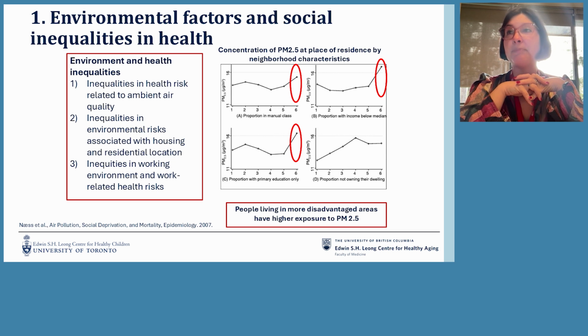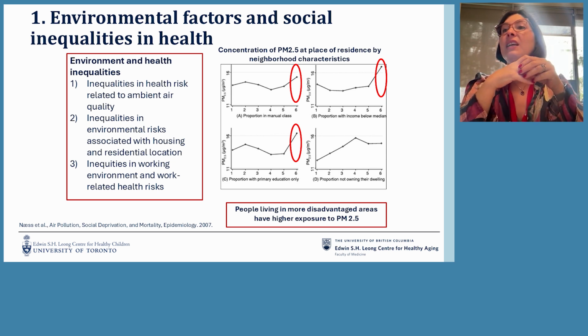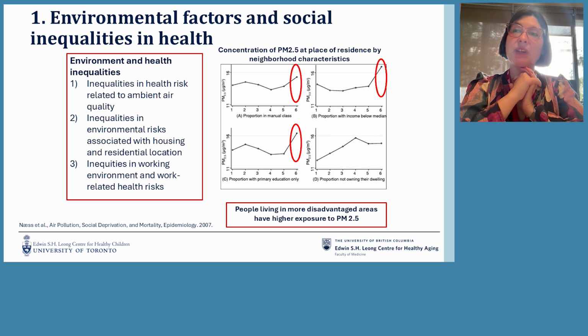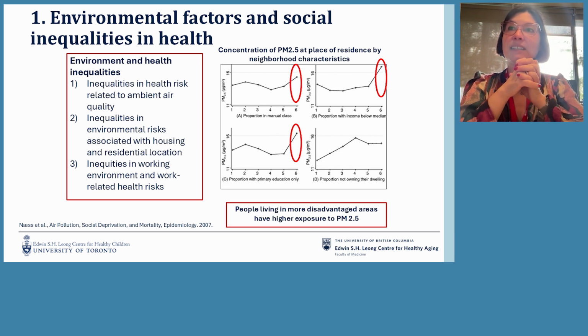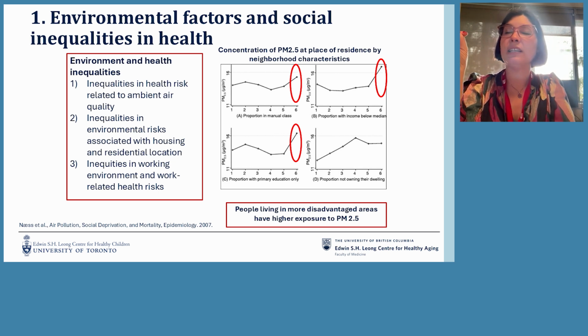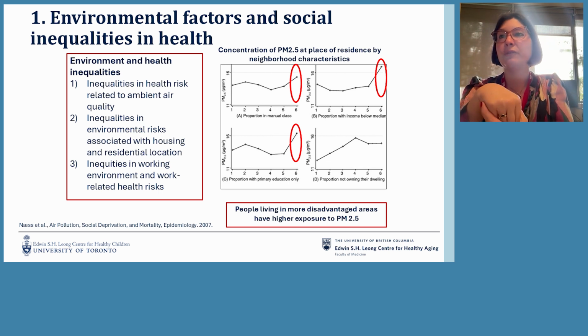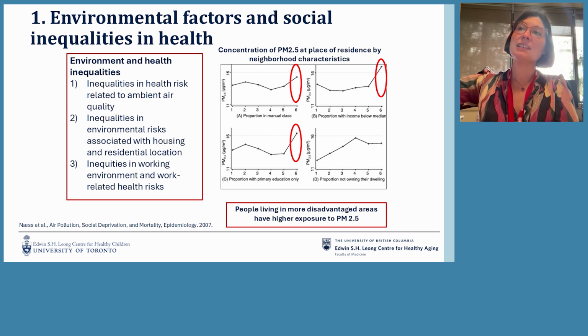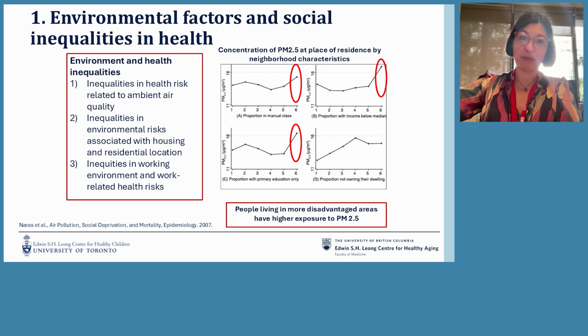work-related health risks. This graph shows the concentration of PM2.5 at place of residence by neighborhood characteristics, and we have different neighborhood characteristics here. The proportion of people in a manual class occupation, the proportion of people with income below the median, or, for example, the proportion of people with primary education only. And what we can see is that with the increase in disadvantage, we have an increase in exposure to PM2.5